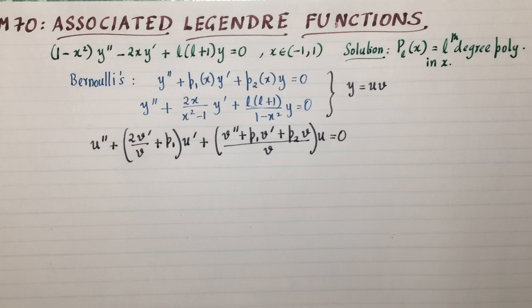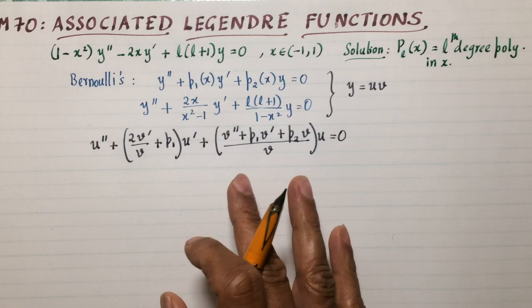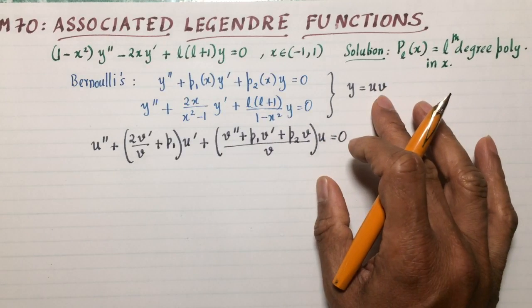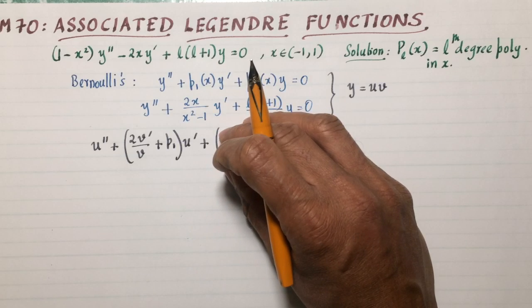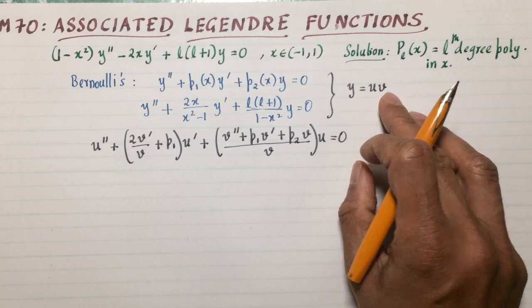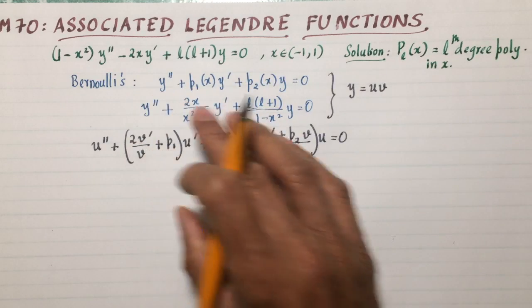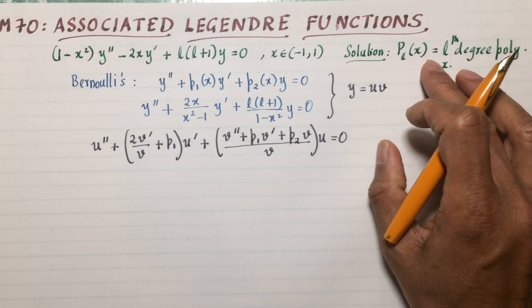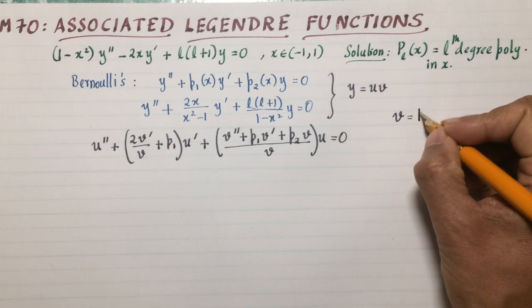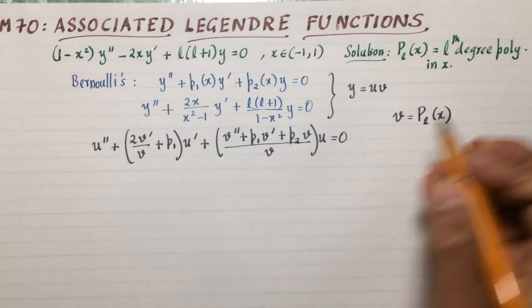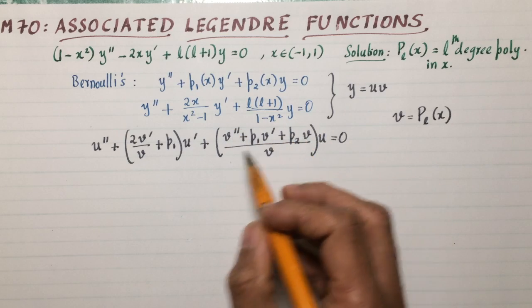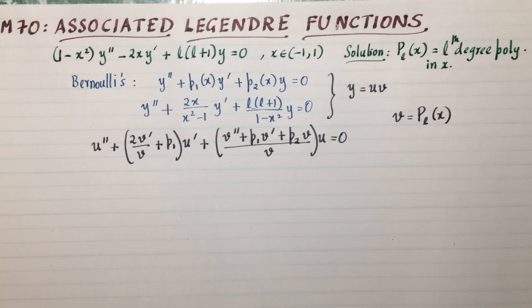Now, I mentioned during the Bernoulli video that there are two possibilities. One is that we know one of the solutions, v. In that case, this term disappears. Well, that is the precise circumstance that we find ourselves with right now, because we do know one of the solutions of the Legendre differential equation, and that is P_l(x). So we are going to assume that v is in fact P_l(x). If v is P_l(x), then it's going to satisfy the Legendre differential equation, and so this term is going to simply disappear. And I'm going to end up getting